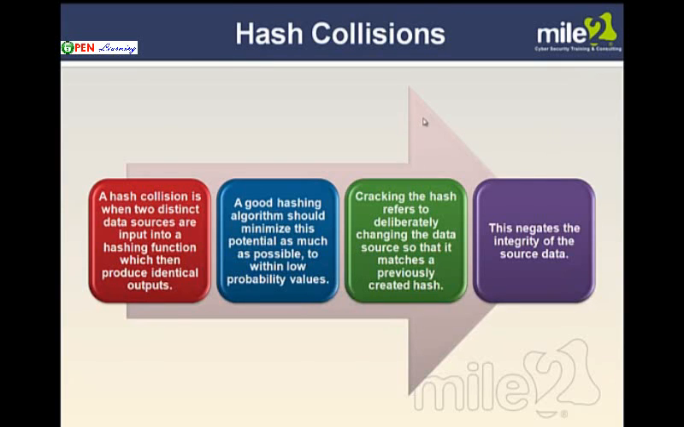A collision is when you have two different data sources that are input into a hashing function and they produce the exact same hashed results. Just like that divorce document that was talked about earlier, where they were going to split 50-50, and then it was changed to where the wife would get everything. And the idea was she played with it till she finally got it to produce a collision,